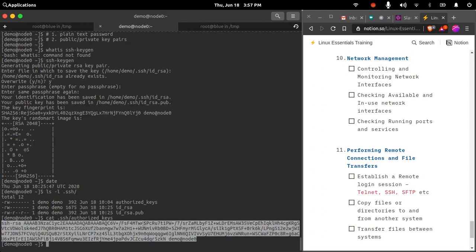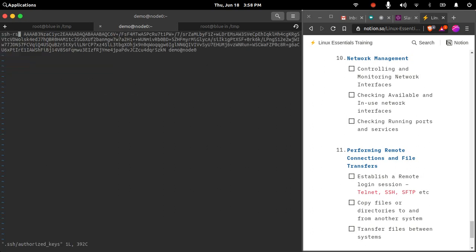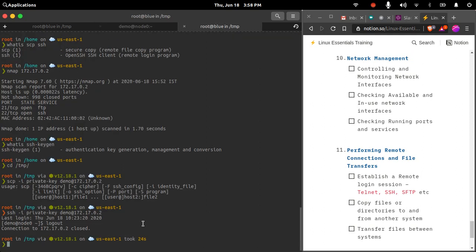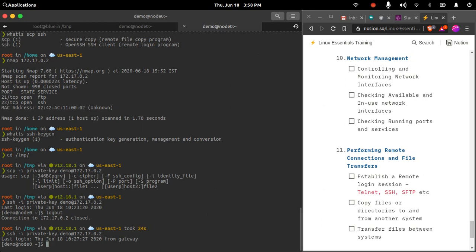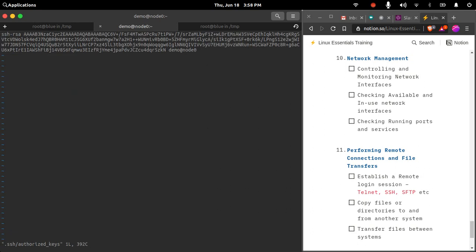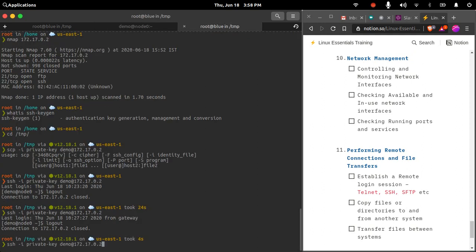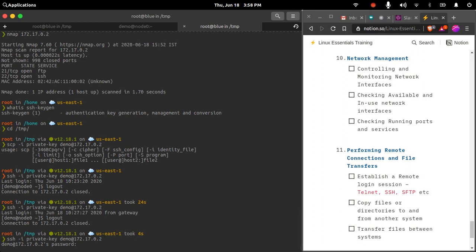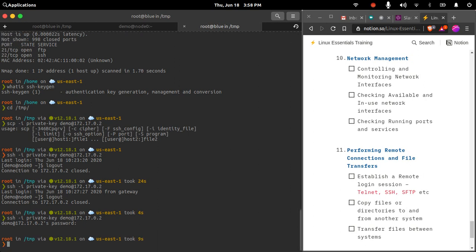But if I want to remove the connection of this user, I'll simply go to the authorized keys file, and I'll just delete a bit here. Let's say I delete 1A from the start. And if the user tries to connect again, he will not be able to get connected. Let me see whether I was able to save this file. 4 times A. Okay, now I have saved the file. So now the public key is corrupted for the private key that I have. That's why it is asking me for a password and the connection is not getting established.